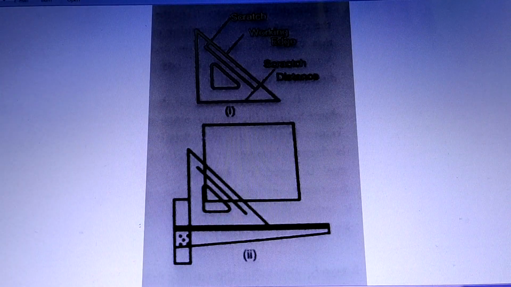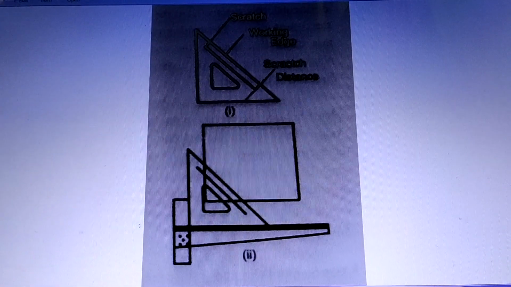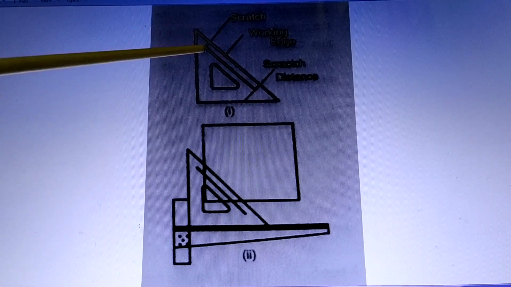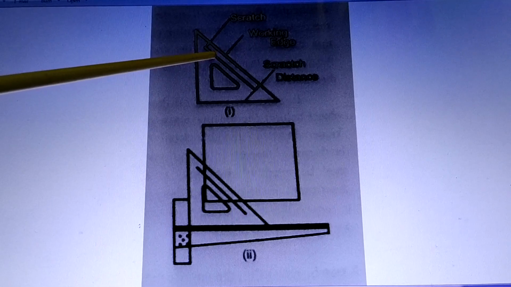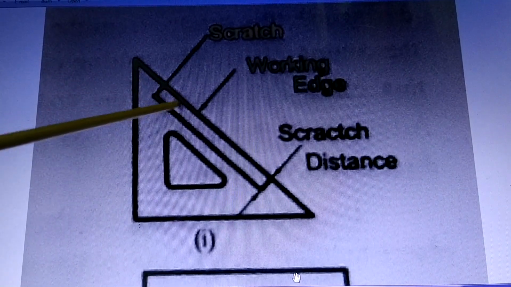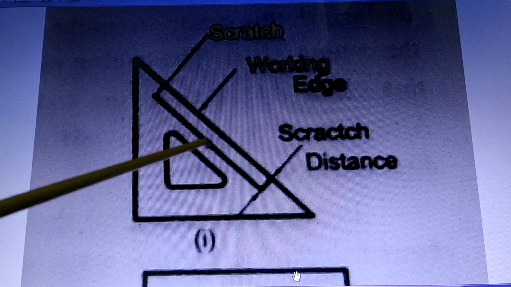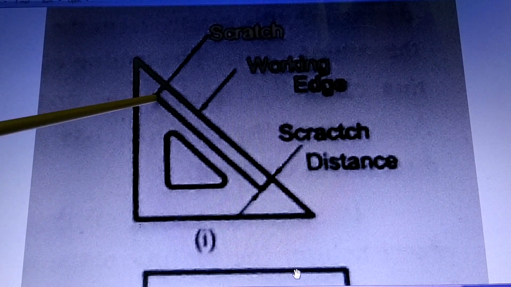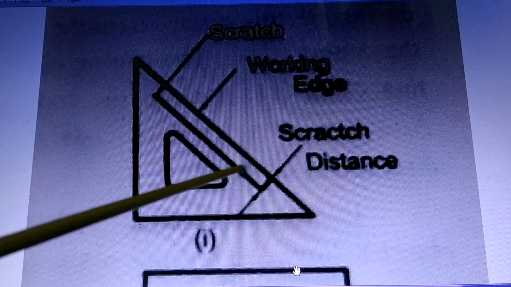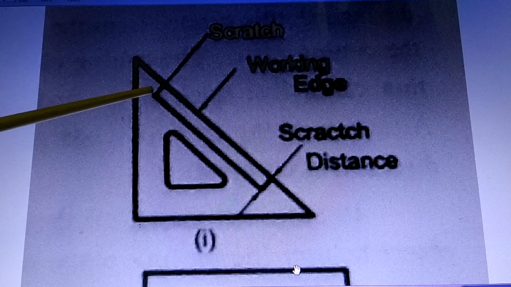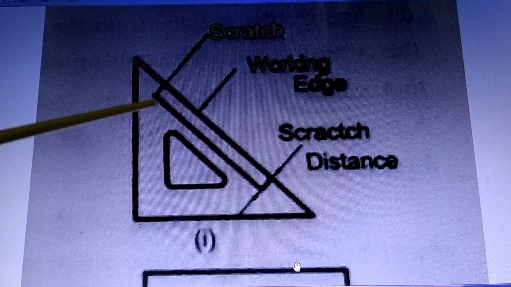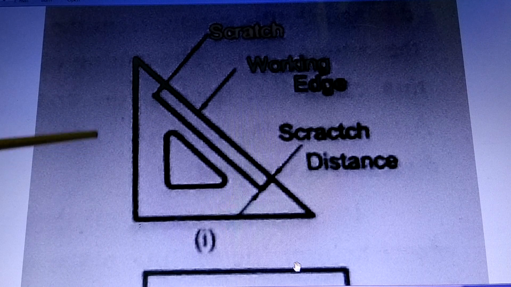Now there is one method for doing it to make it very simple. We have got one set square like this, which is a plastic transparent set square. So what is done is, at a distance of about 2 mm from here, one line is drawn as a groove. With the pointed edge of the compass, you draw one groove like this, and in this groove you fill the ink of the pen, so that it will look like a black line. And at the same time you wipe it out so that this black line will not rub against the paper and spoil your paper.